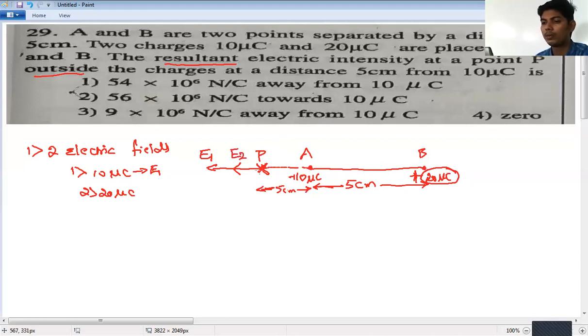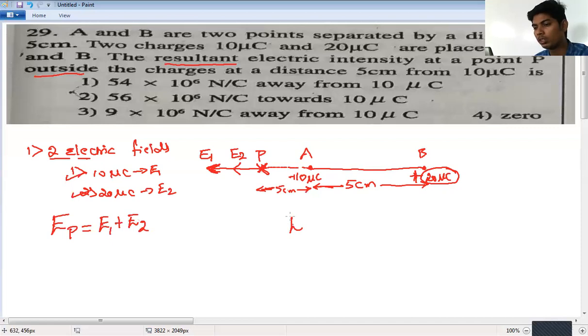So at point P there are two electric fields, one due to 10 microcoulomb and another due to 20 microcoulomb. Both the electric fields, due to plus 10 microcoulomb and plus 20 microcoulomb, are acting in the same direction. So the net electric field at point P will be E1 plus E2, because both are acting in the same direction. Then, we know the electric field due to a point charge is given by E equals 1 by 4 pi epsilon naught